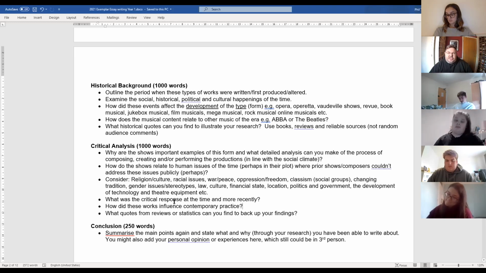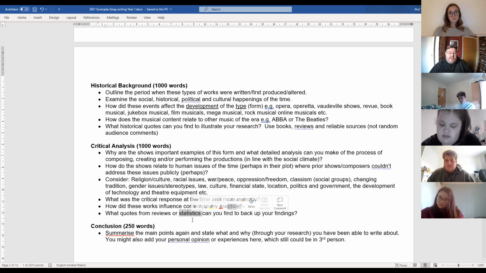And that's what I really want to do when you're researching this, look between the lines and think, okay, that means this and that means that, but where can I go with this? And then, as I say, find those quotes in the reviews. You can look on IBDB, Internet Broadway Database.com, IBDB.com, and dig out the statistics of how many seats it sold on an average week, or how many years did it run, etc. to say, yeah, okay, it ran for many years. Although actually the Rodgers and Hammerstein show, if it ran for 6 months, that was considered a good run. So it wasn't like Cats, which ran for 30 years, and Les Mis. Some of those shows just ran for a short period and had lots of revivals.